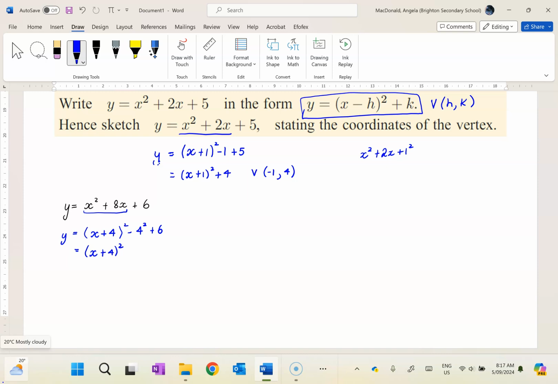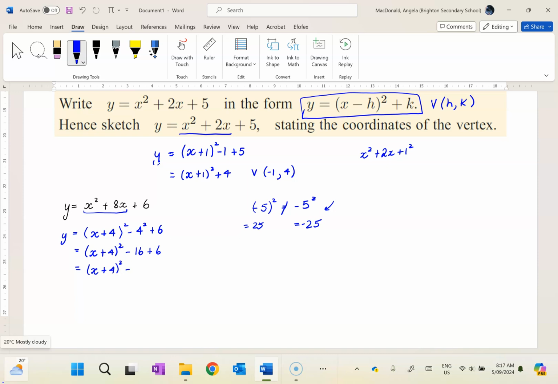Now do make sure, I know I made a big deal when we were doing the quadratic formula, that when we have like minus 5 squared, that is not the same as minus 5 squared. They do not equal, right? Minus 5 all squared is 25. Minus 5 squared, that is minus 25. So two different things. I know some people get that in their head, but this is definitely the second version. So this will be minus 16 plus 6,